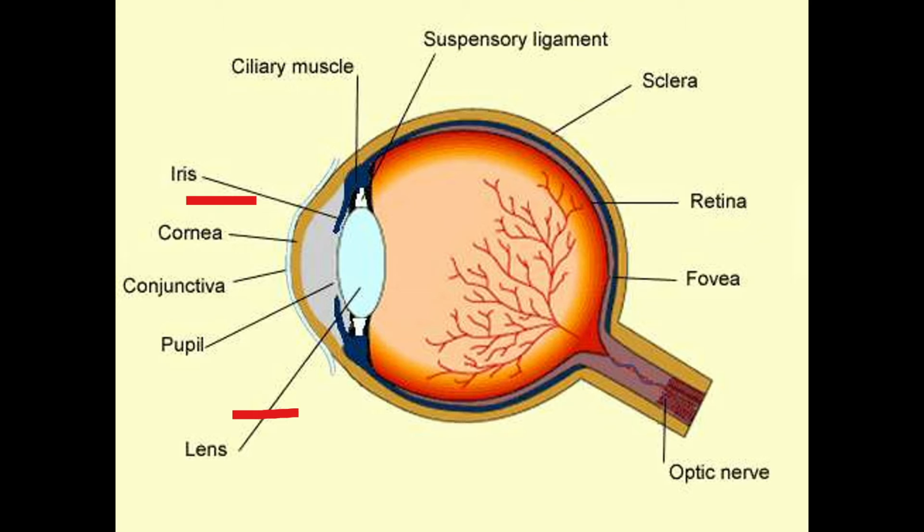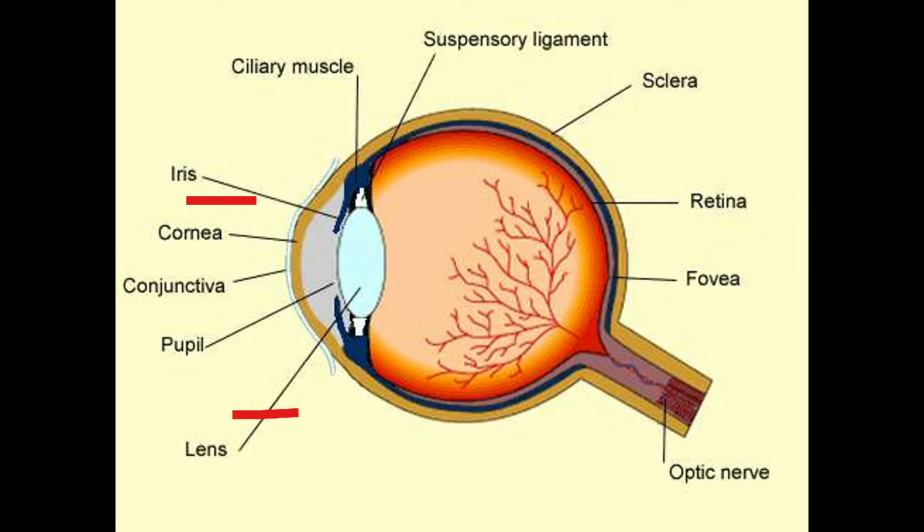Like this part, here we have iris. So iris is this blue colored part, blue colored diaphragm, which is there in front of eye lens, that is iris. Then here we have got a convex lens, that is convex shaped lens. It is eye lens made up of transparent fibrous protein material. Then we have got a thin membrane in front of the lens. It is known as cornea, and the gap between the iris, that is known as pupil, from where the light enters.